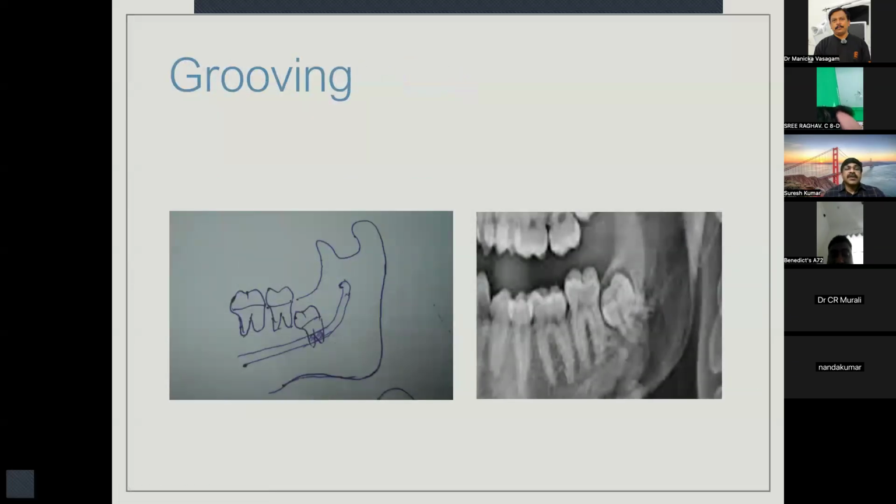Next relationship is called a grooving effect. Here it is almost like the superimposition we just saw in the first slide. So again here also you will see the shadow overlapping the shadow of the tooth and the inferior alveolar canal. But if you trace the tooth shadow and canal shadow, the tooth shadow will be a little bit less radio opaque in the region where it is crossed by the inferior alveolar canal. You can see the radiolucency where the nerve is crossing the roots. Everywhere else it is going to be radio opaque.